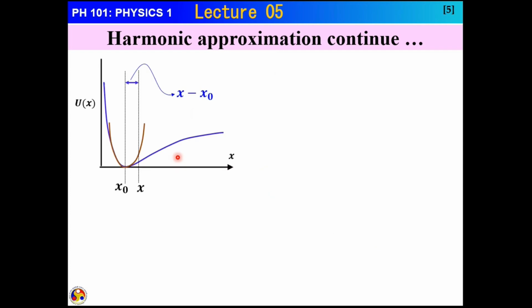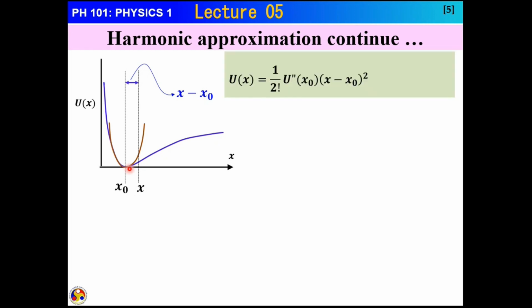So the harmonic potential is exactly the same, but now I have lifted the baseline and made the potential at x equal to x naught to be 0. There is no change after that. So what is the outcome? This potential